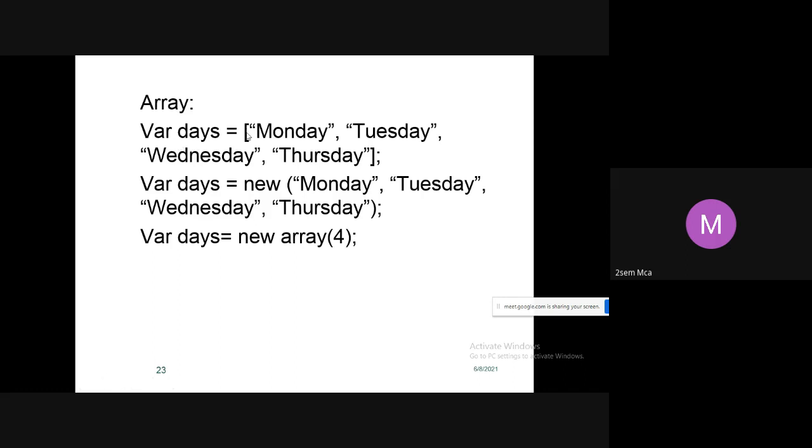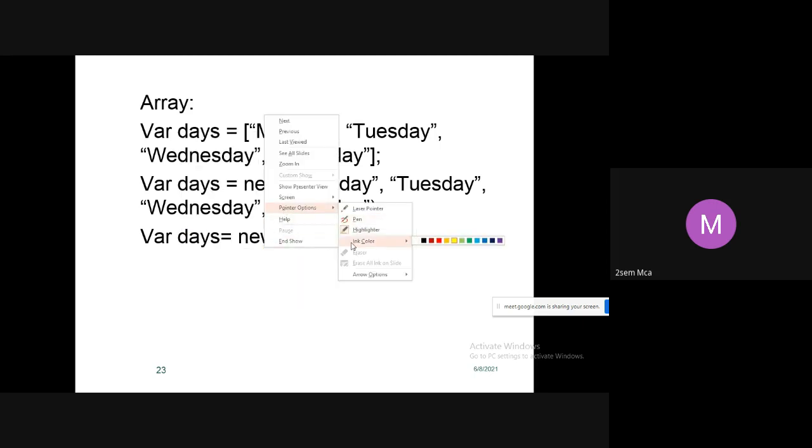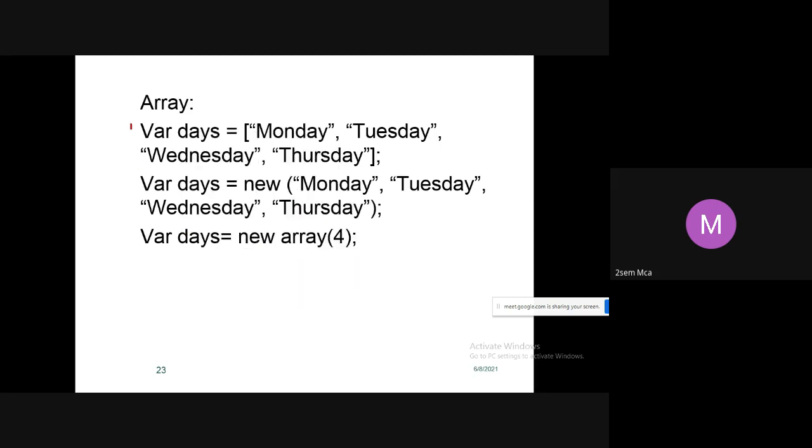In the second line, I have used a simple bracket, that is parenthesis. And in the third line, this is the first method, this is the second method, and this is the third method.